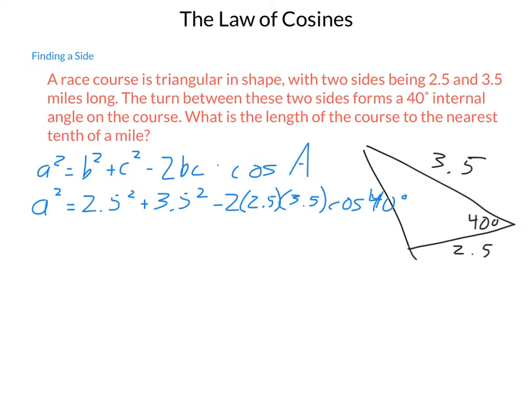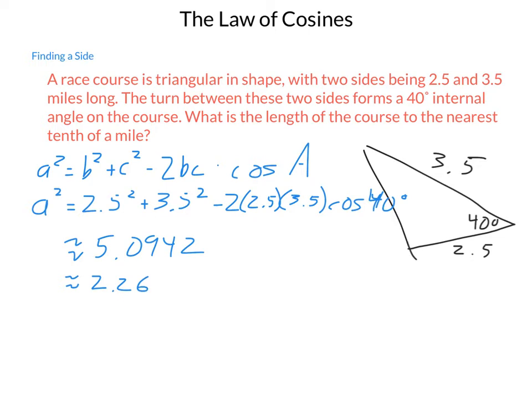2.5 squared is 6.25, 3.5 squared is 12.25, 2 times the 2.5 times the 3.5, of course, but the cosine of 40, we're probably going to need a calculator for that. So running all of this through in one shot would give us that a squared is approximately equal to 5.0942. Then, doing my last little bit of solving for a, taking the square root of that value, I get out that a is approximately equal to